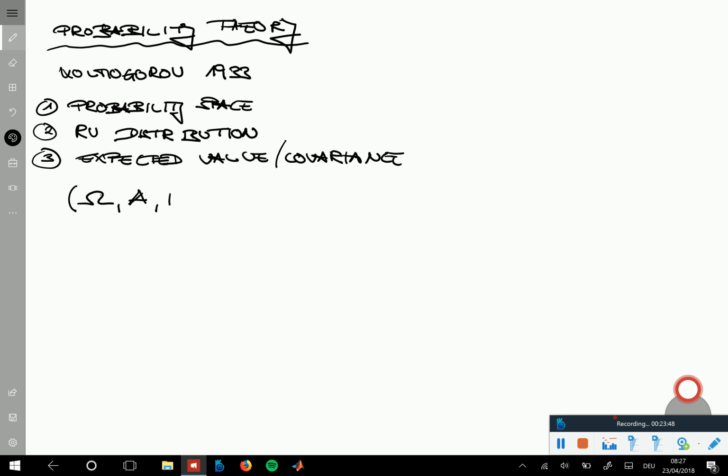omega, A, P. Triple just means it consists of three things, it has no further meaning, so you can't compute essentially with probability spaces or add probability spaces or something. Well, you can in some way, but triple is just meaning there are three things. And then always the question is, what are these things? Three things. So omega is a set